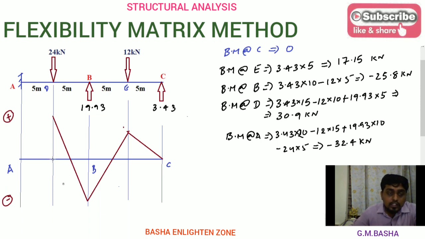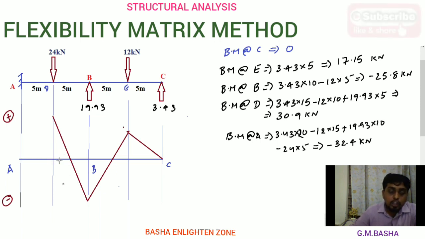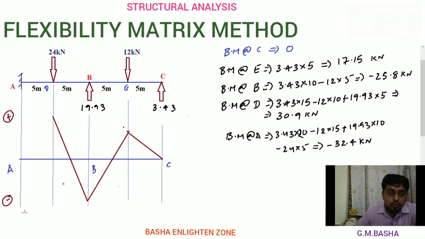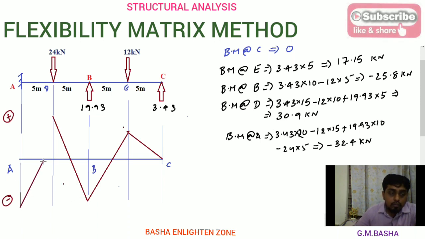So what I am telling, this is the 0 position, above it will be positive, below it will be negative. So 0, 1, 2 like that, some 25th scale it will be here and 30th scale it will be here at position D. And again what about bending moment at A? So it will be 32.4, somewhere which is lower than this one. Okay, I am taking bottom. So which is 32.4 here. So this value will be 32.4.